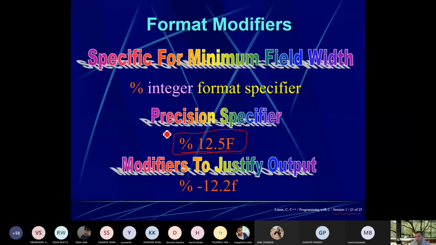It can be written like 0002.3456. Modifiers justify output. So percent minus, right justify or left justify. This is for precision, and this is for left or right justification of output.